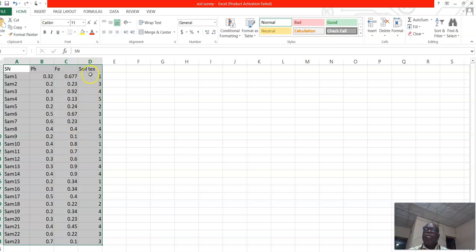Then the texture is actually ranked from 1 to 5. 1 can represent very high texture, 2 can represent moderate texture, and loose soil can be 5. So you can actually rank it.